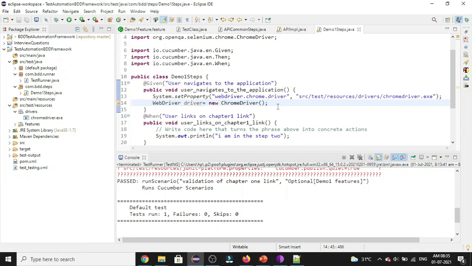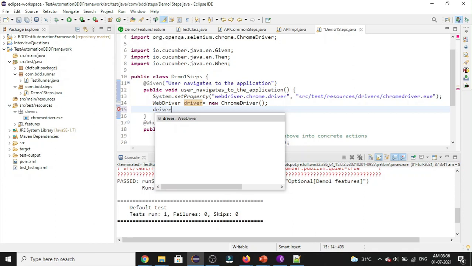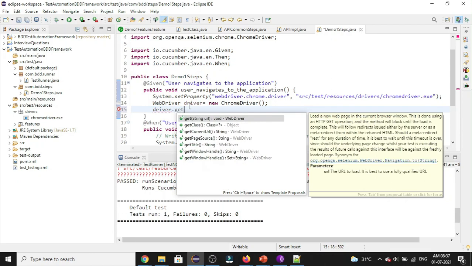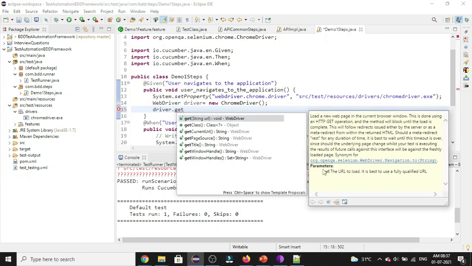for us. And the next step we want to do after launching the browser is we have to navigate to the application. And in Selenium, we have got some driver methods we can make use of to navigate to any of the application URL. You write the driver dot. So these are all the list of the methods which are provided by the Selenium for using with the driver. And now I want to use the get method so that it will fetch me the URL. So when you scroll to this get method, it is taking one parameter which is the URL. So this is the URL we want to load for the particular application.